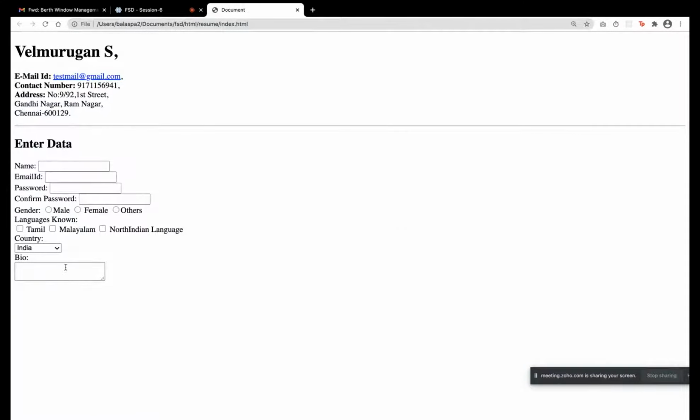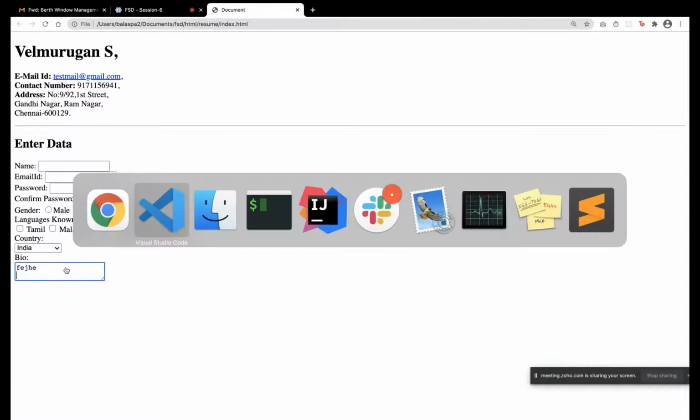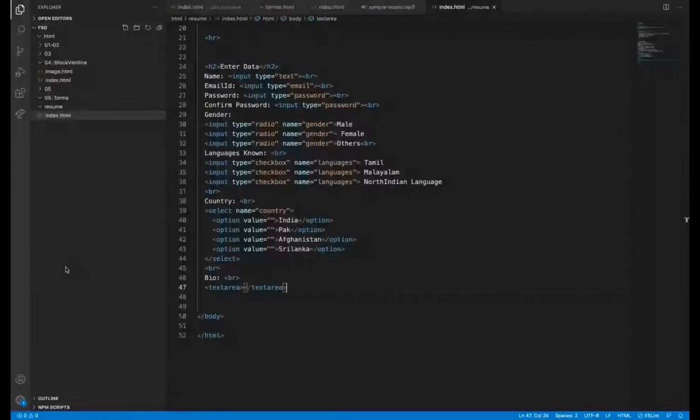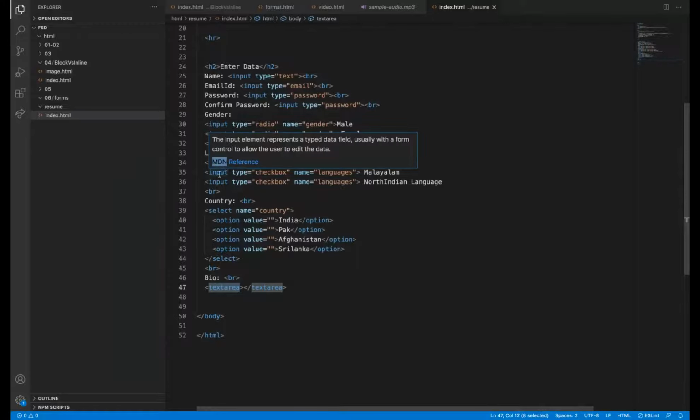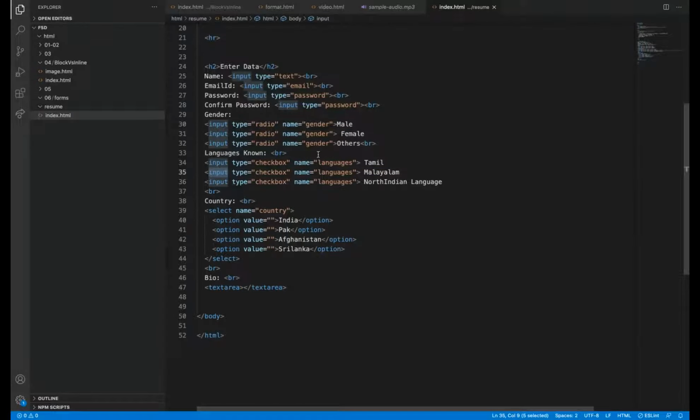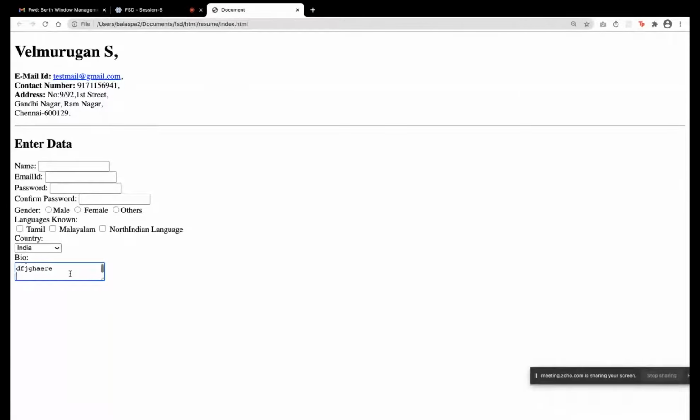So if I give text area, notice that text area has a closing tag. All the other input tags do not have a closing tag. Select and text area have a closing tag. So I can type as many lines as I want and then I can drag it.